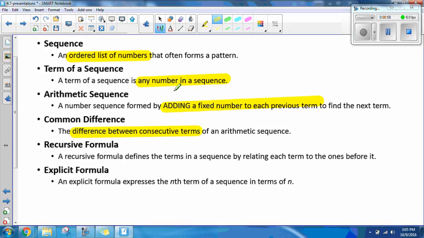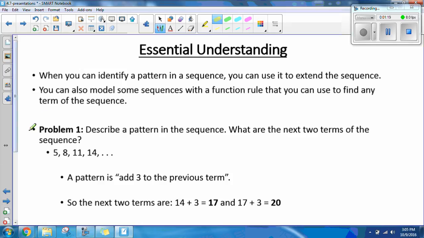A recursive formula defines the terms in a sequence by relating each term to the ones before it. And an explicit formula expresses the nth term of a sequence in terms of n. When you can identify a pattern in a sequence, you can use it to extend the sequence. You can also model some sequences with a function rule that you can use to find any term of the